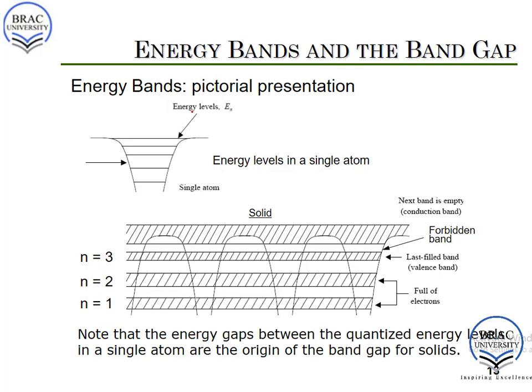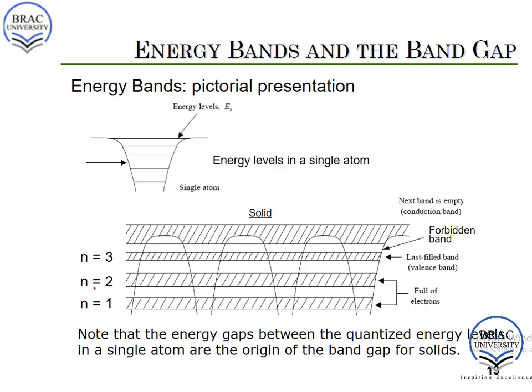So here you can see a better representation of these energy bands and energy levels. In the case of a single atom, we can see the discrete energy levels. There is only one level for 1s, only one level for 2s, and there is a band gap, or a forbidden gap, between these two levels where electrons cannot stay. But in the case of a solid, where there are multiple atoms, there are no discrete levels. Instead, there is an allowed band in which electrons will reside, and they will have energy in between these two values. Again, from n equal to 1 to n equal to 2, there is a band gap where electrons cannot stay, or cannot have energy in between these two values.